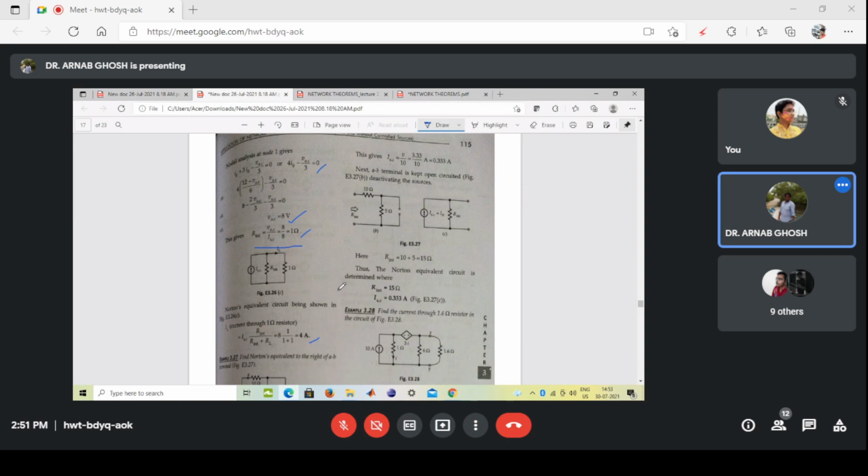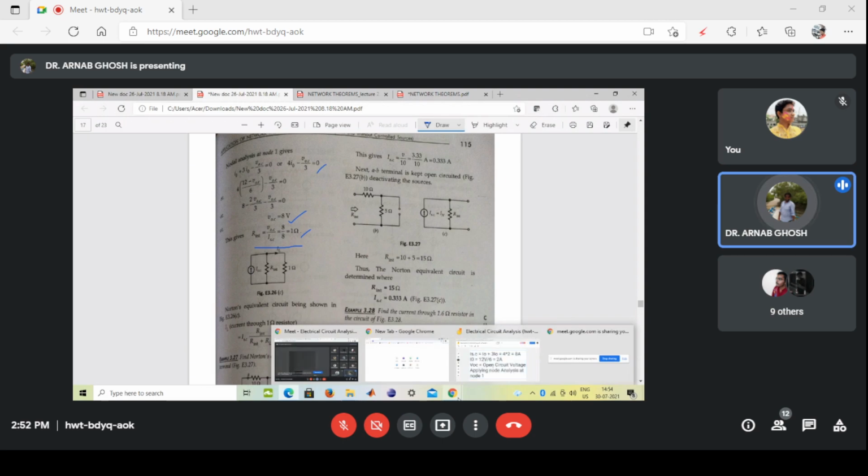Get like independent and dependent sources, we don't remove all the sources and combine the resistances, right? No, only independent sources, then we combine the resistances. But when you have one of the dependent sources, you cannot deactivate that. That was basically in case of independent sources that we had to deactivate all the sources. That condition doesn't remain valid when you have dependent sources.